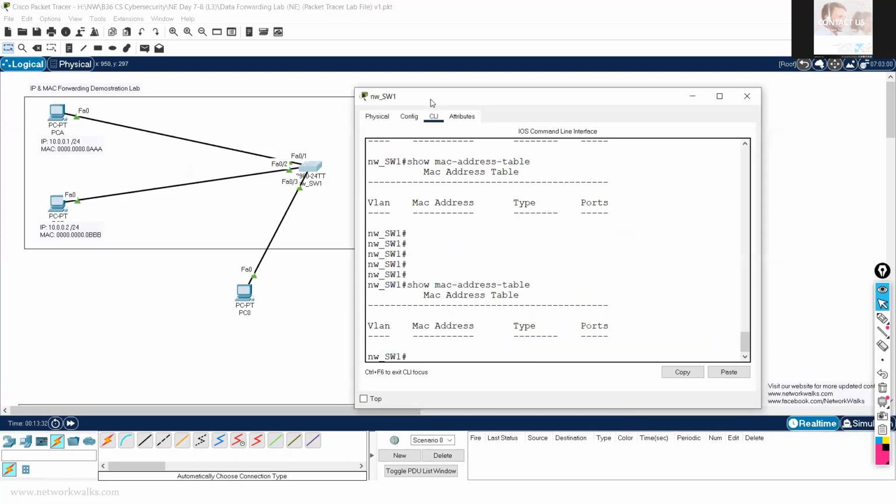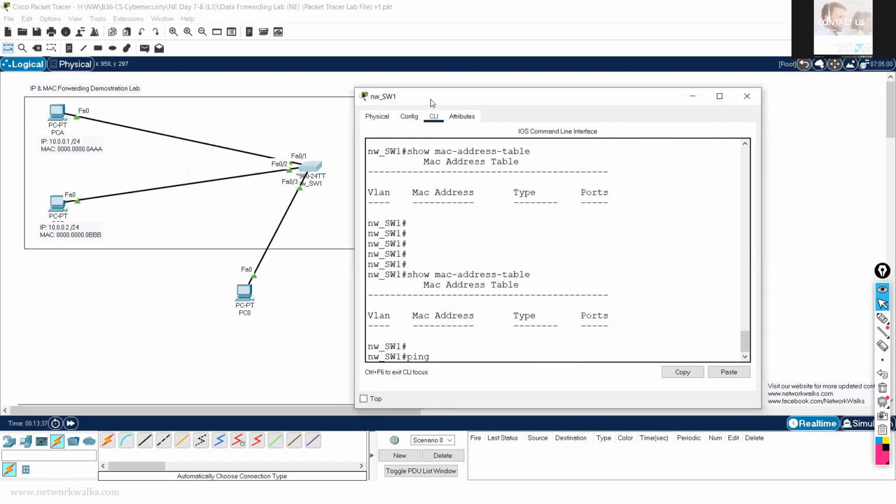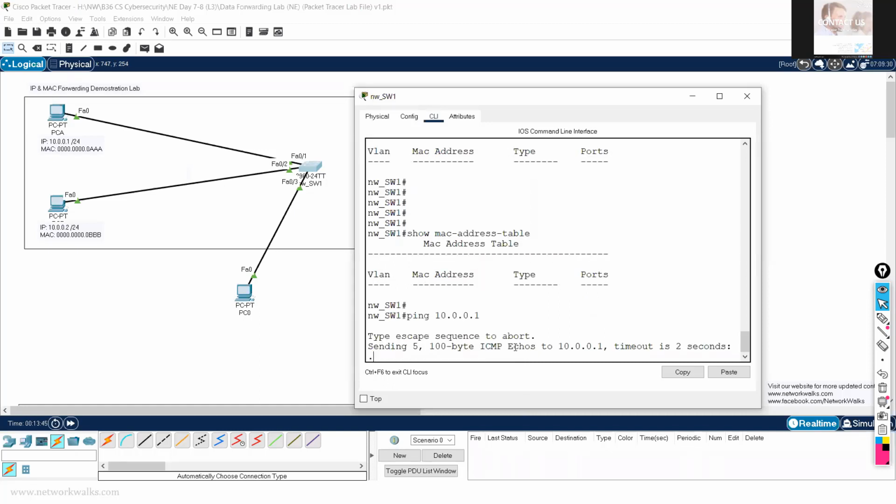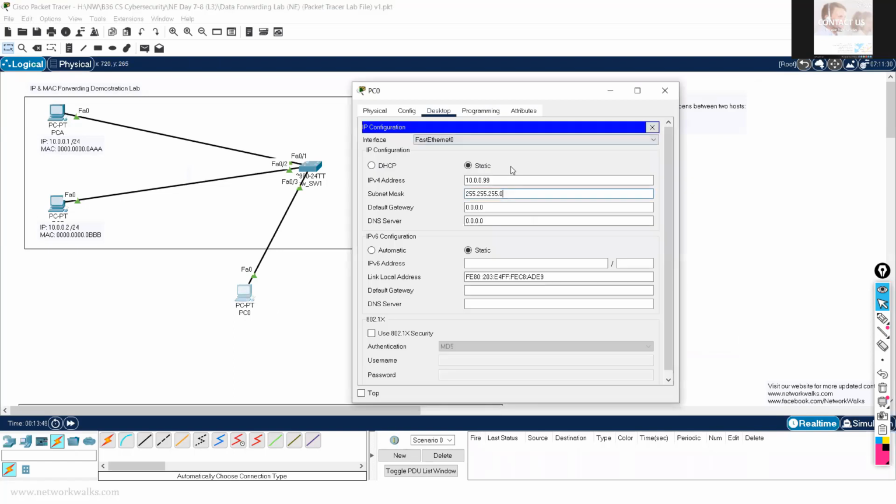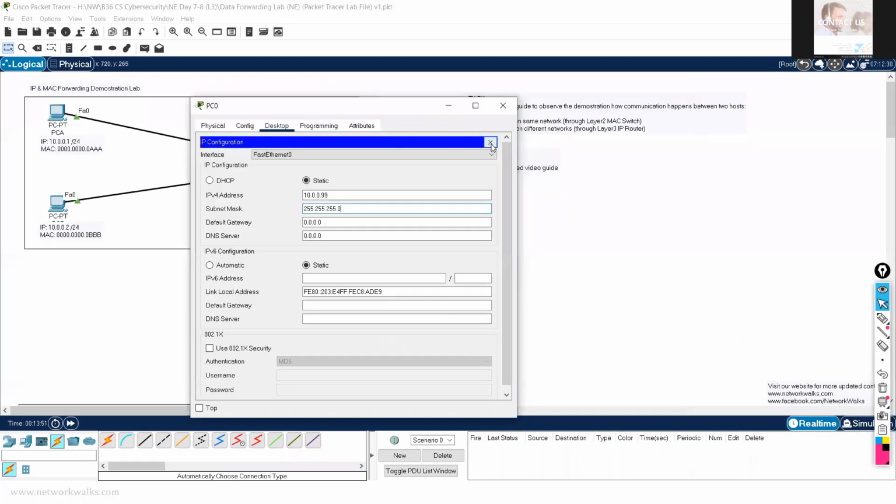It's still empty. But if I do a ping 10.0.0.1, I'm pinging from PC0 to PC8. It looks like something. Oh, we didn't apply actually.